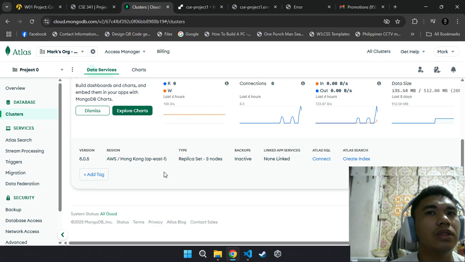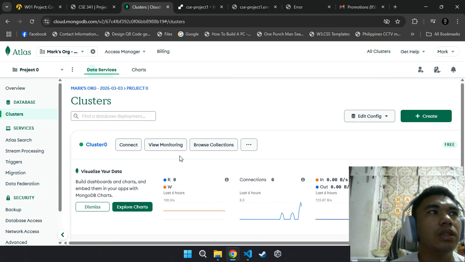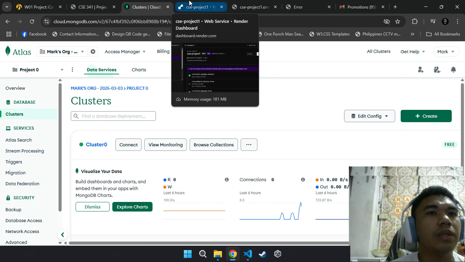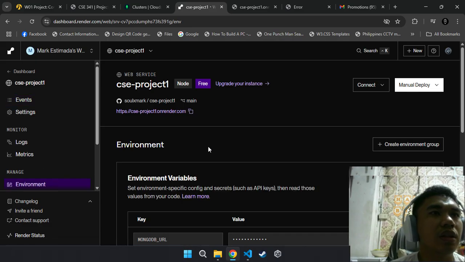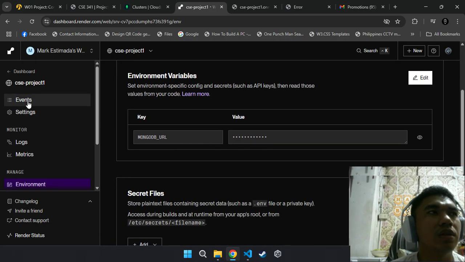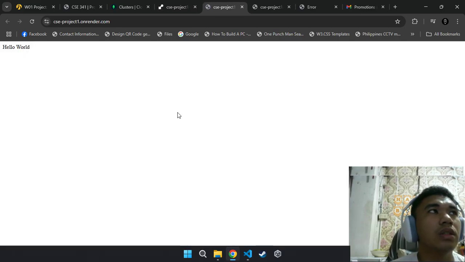So I already configured here the assignment, and here it's already connected in the MongoDB. So the result is this, the Hello World.